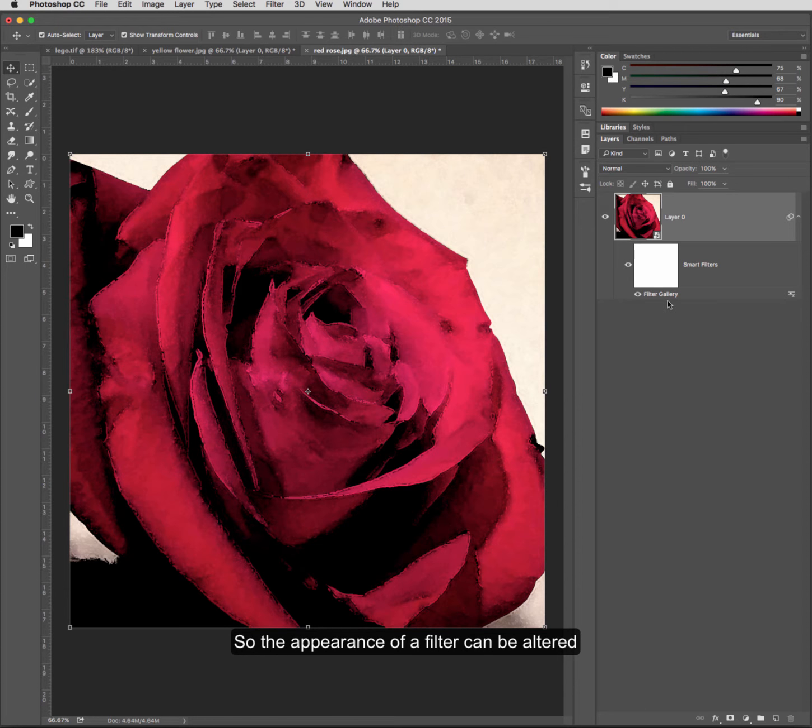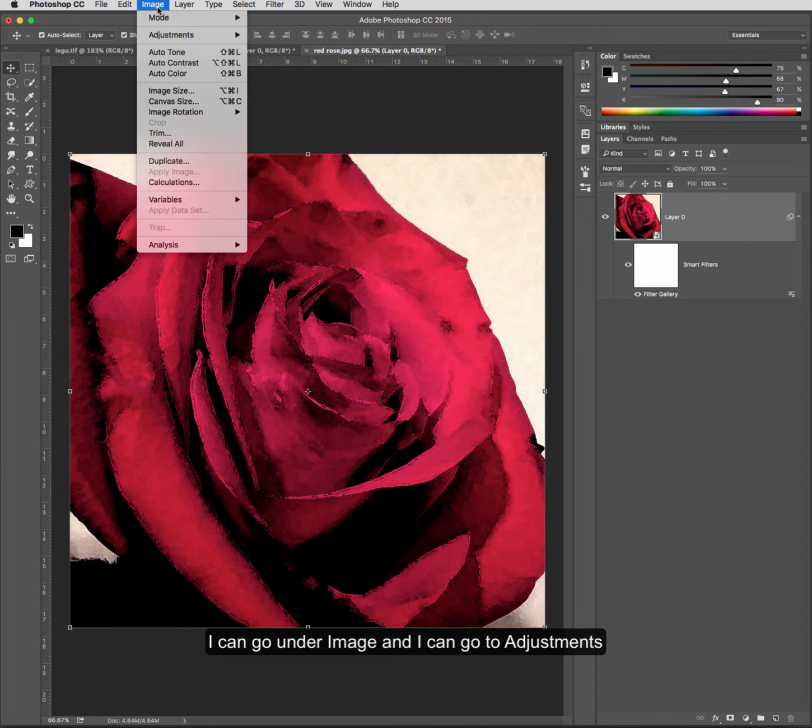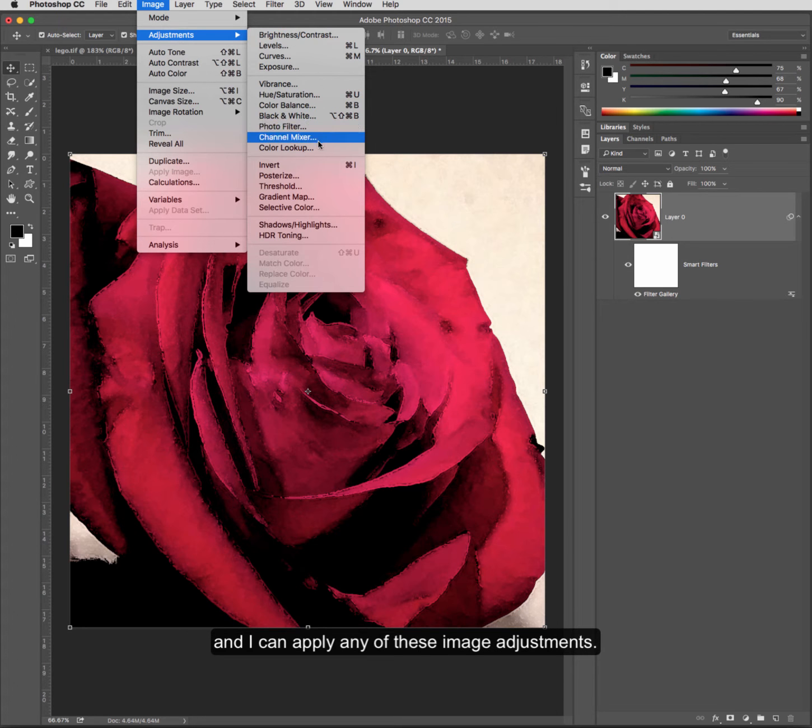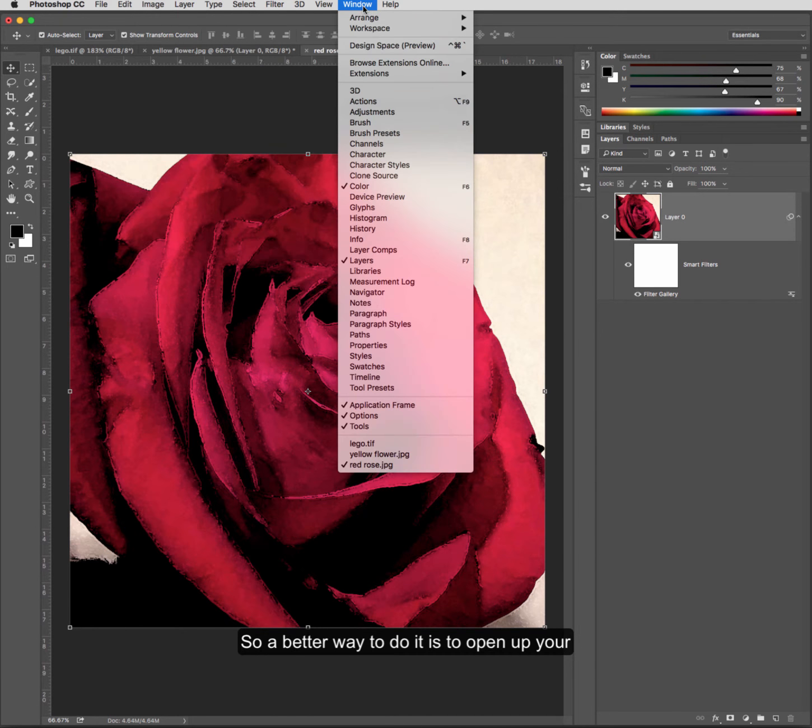So the appearance of a filter can be altered by adjusting the appearance of the colors. And so two ways that you can do that. I can go under Image and I can go to Adjustments, and I can apply any of these image adjustments. Now remember, these are destructive. So a better way to do it is to open up your